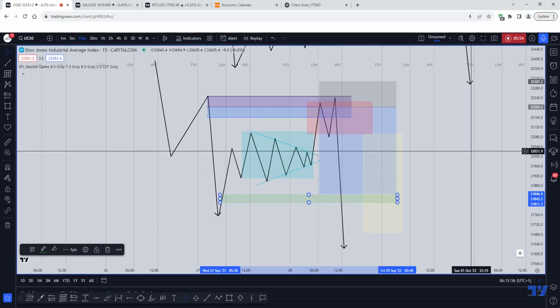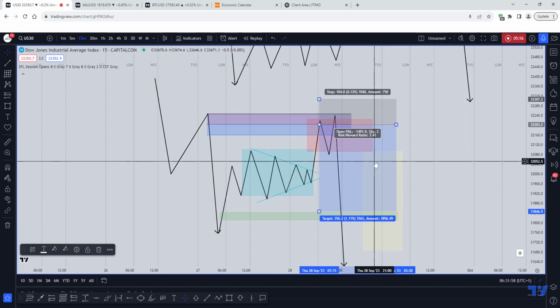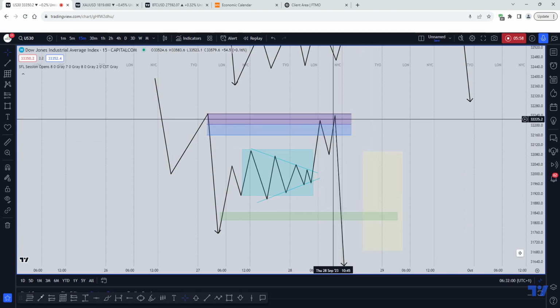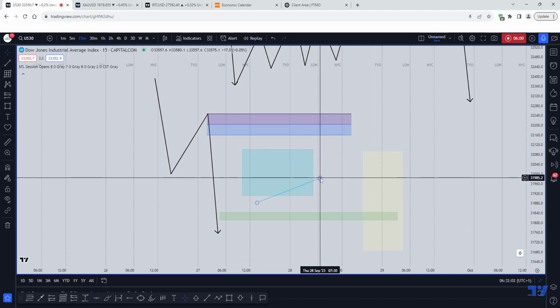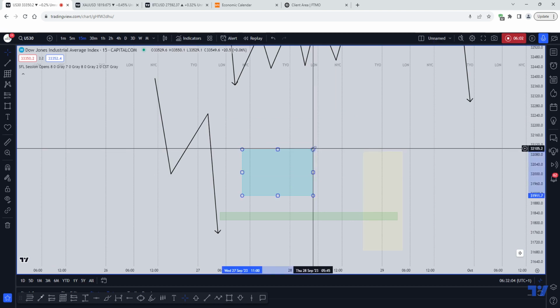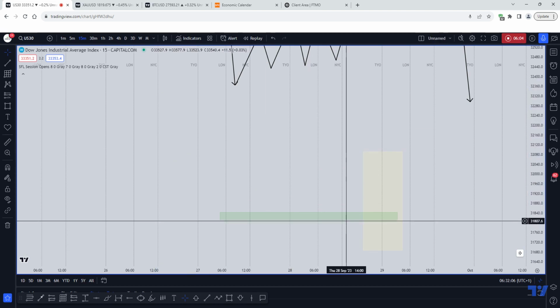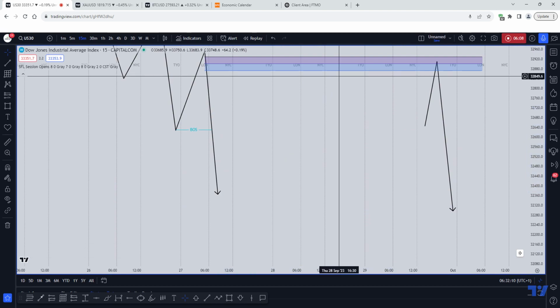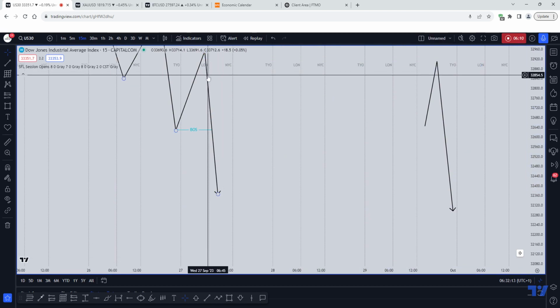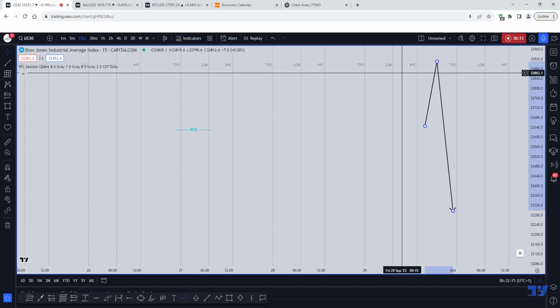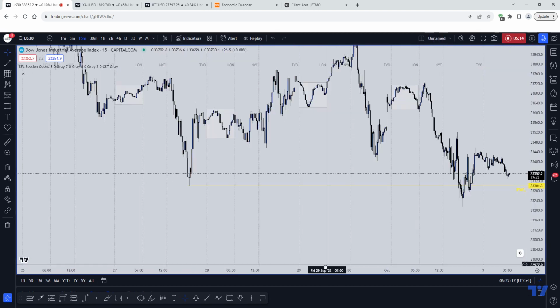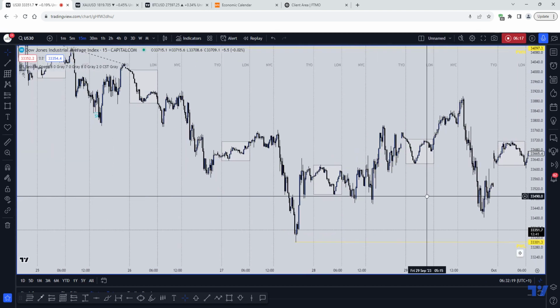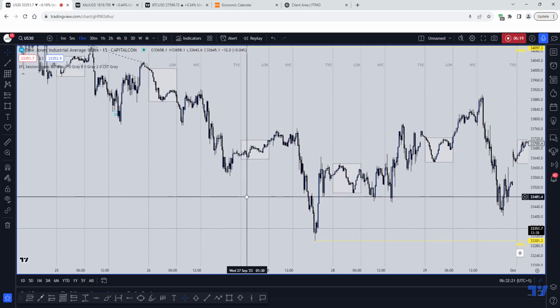Okay, so we've gone through some examples for you. Let's now have a look at some live examples, right? I've shown you the methodology, the ideology behind this setup and what you want to be looking for. So now let's go through some live examples and I'll show you exactly how we capitalized on these two setups with students. If we take a look first at US30,